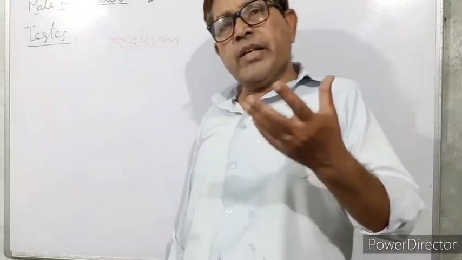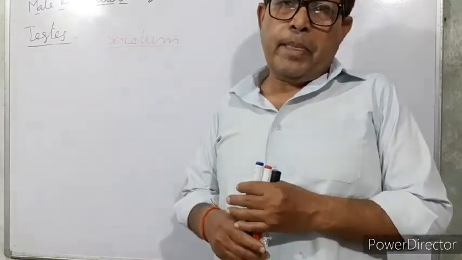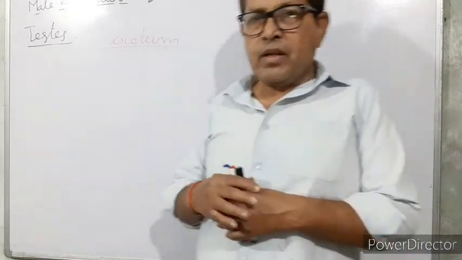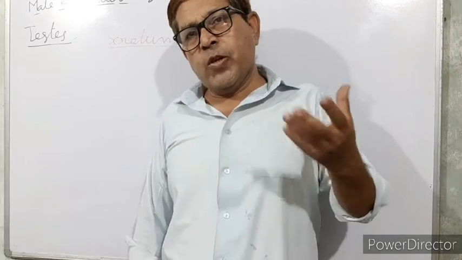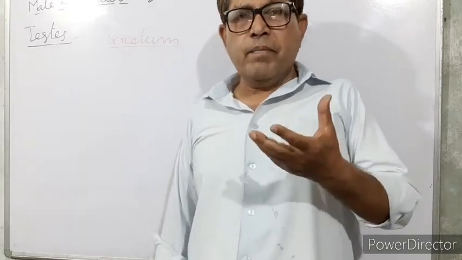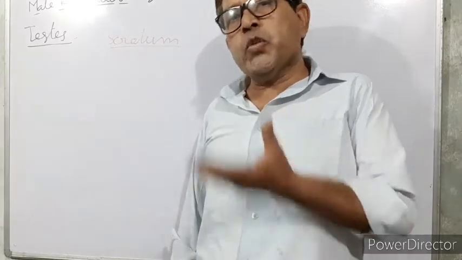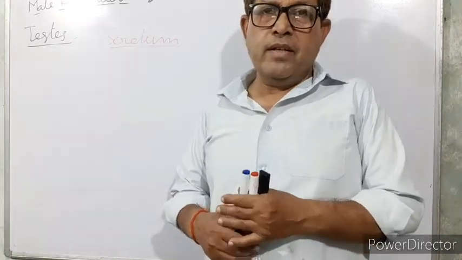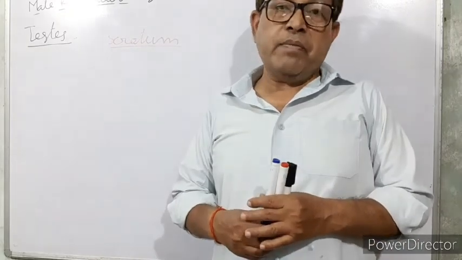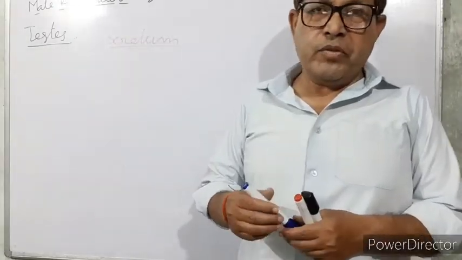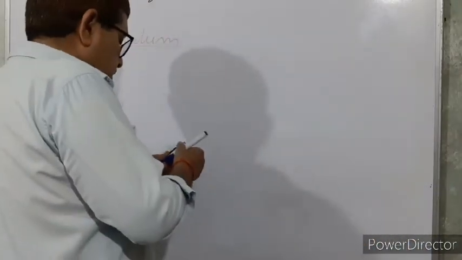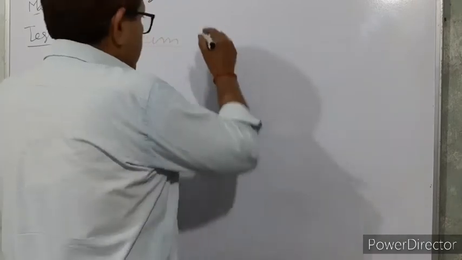The scrotum is highly contractile in nature. When the atmospheric temperature is extremely low, it contracts and brings the testis close to the abdomen to provide the optimum temperature which is needed for spermatogenesis.